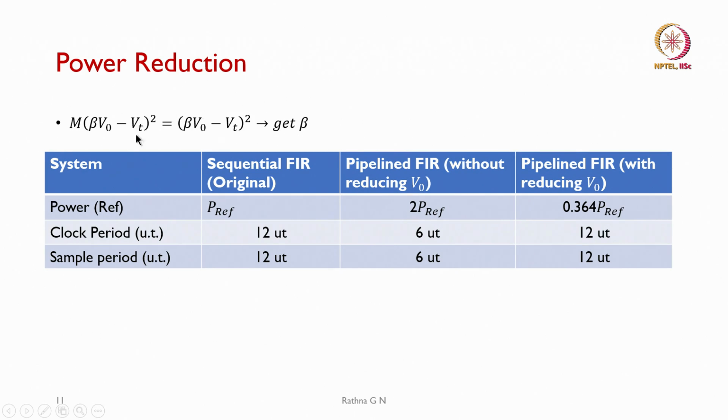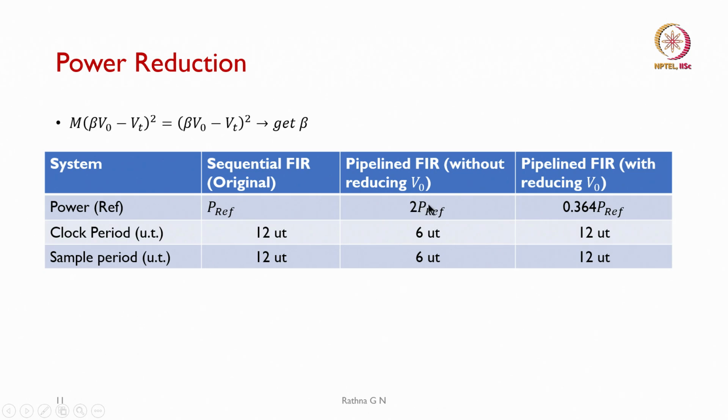So, this is what we do: the left-hand side and right-hand side, we will be putting it along with the sequential one, and our pipelined one, and then we will be assuming beta is the value by which I can reduce my operating voltage. So, we will be calculating this beta, and then we went on to show that in the sequential one, the P reference takes 12 units of time, whereas in the case of pipeline, without reducing F naught,